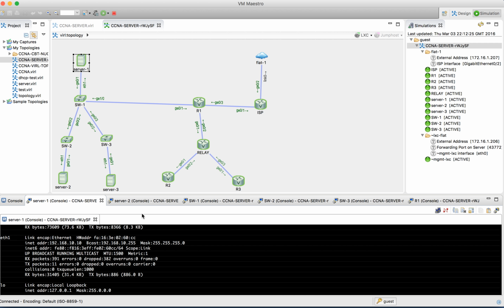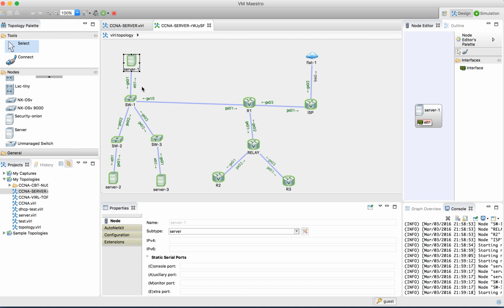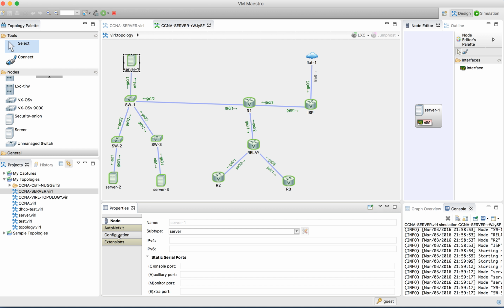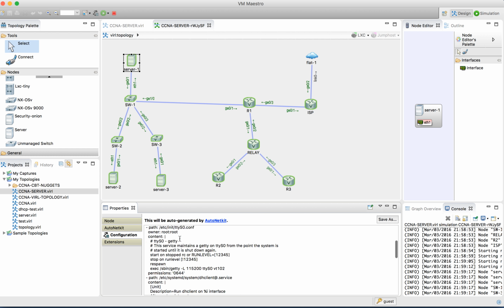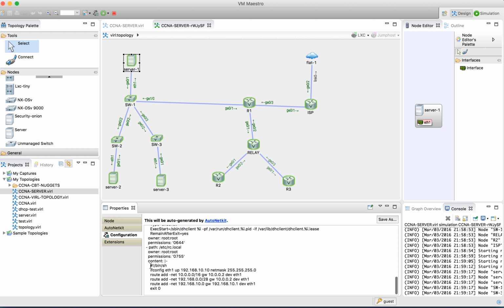So how did I get that into there? Basically, I used the design tab in the configuration at the bottom here, this top line, and I edited this information